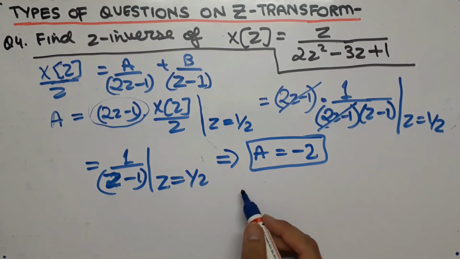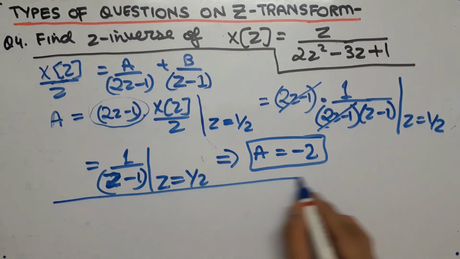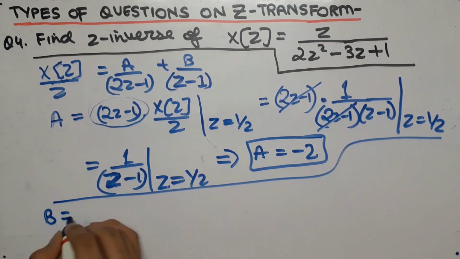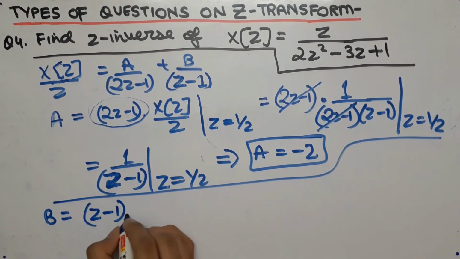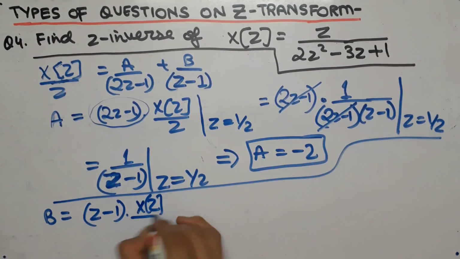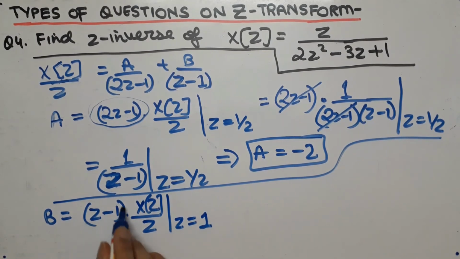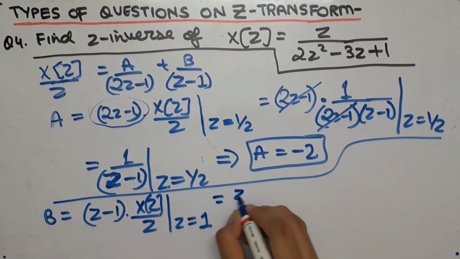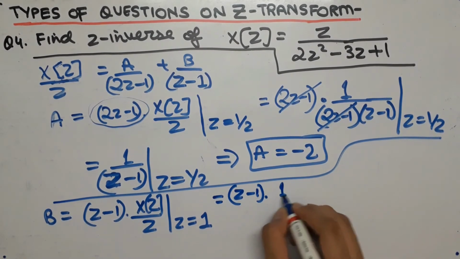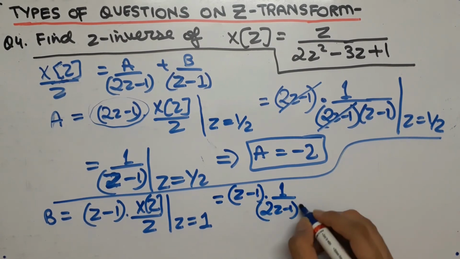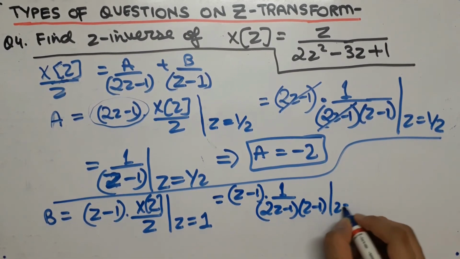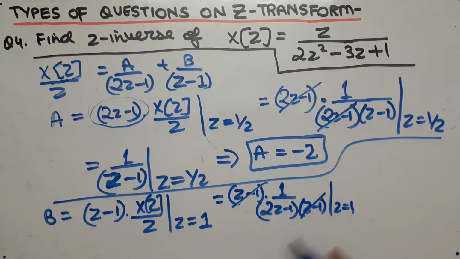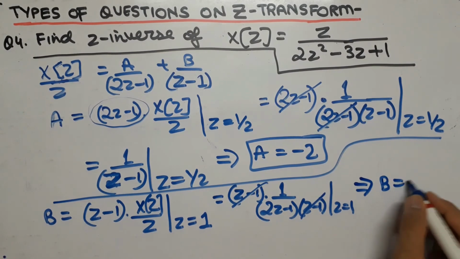Now guys, similarly we are going to find the value of b. That is, we will write the formula for b as whatever is in the denominator multiplied by X(z)/z, and put the value of z as 1, because now we are going to equate this part to 0, and from there we will get z as 1. Now we will put the value of X(z)/z in here. On doing that, you will get (2z-1)(z-1), and you will see that we will be able to cut these two, and now we will put this value of z over here. On doing that, you will get b is equal to 1.